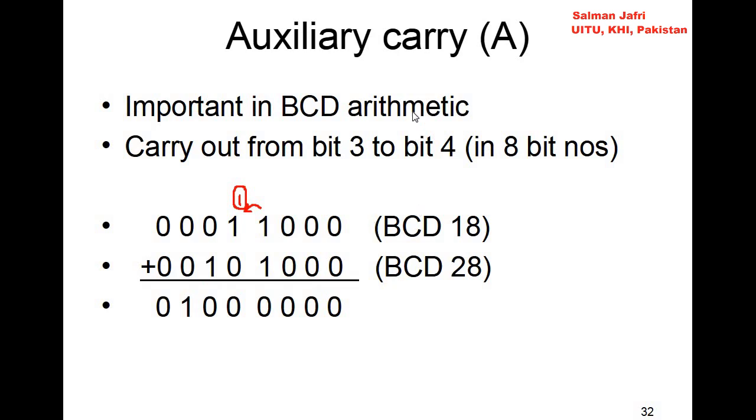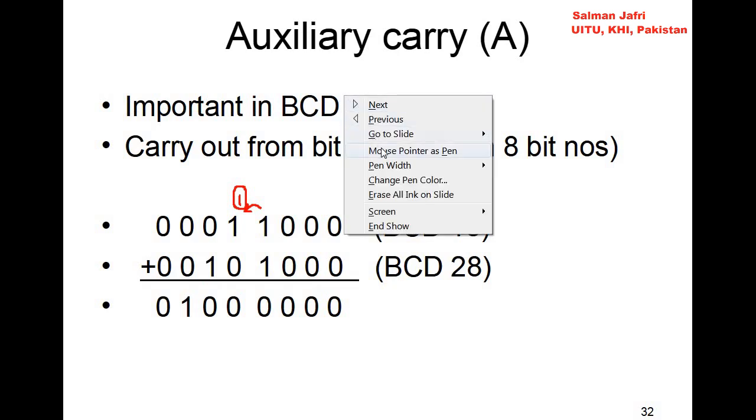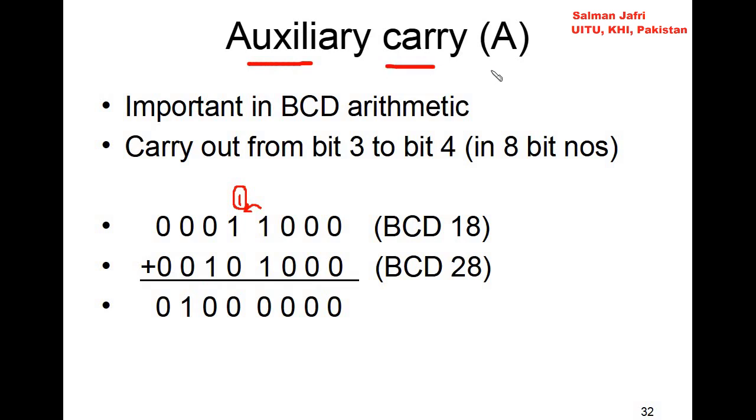We can discuss another important flag that is basically called the auxiliary carry flag, or the A flag. The A flag is very important in BCD, or binary coded decimal, arithmetic. And what is an auxiliary carry? Auxiliary carry is the carry out from bit 3 to bit 4 in 8-bit numbers. So this is bit 3 and this is bit 4. If we have a carry from bit 3 to bit 4, then it means that we have an auxiliary